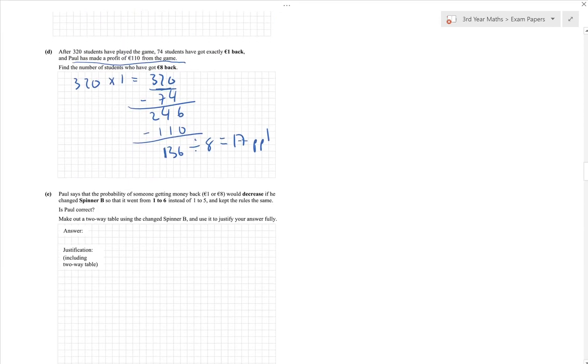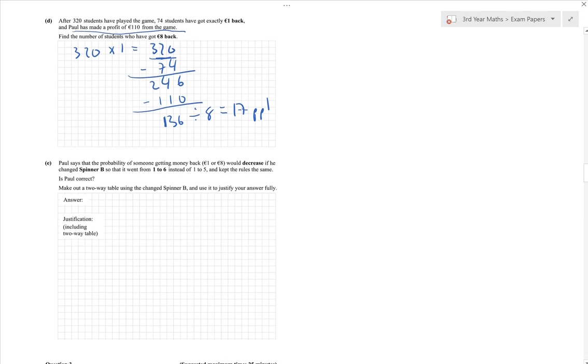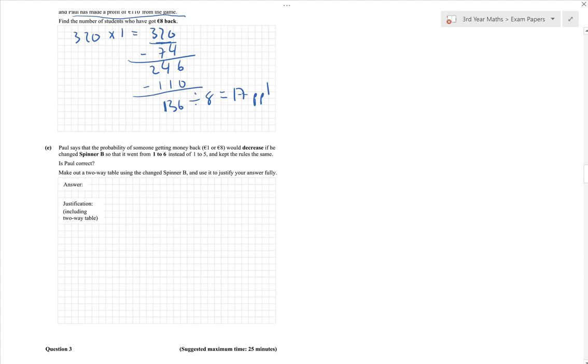Part E, Paul says that the probability of someone getting money back, so either a €1 or €8, would decrease if you changed spinner B so that it went from 1 to 6 instead of 1 to 5 and kept the same rules. Is Paul correct? Okay. So the easiest way of figuring this out is by doing a two-way table, and the question suggests that, saying include a two-way table. Okay, so we're going to change it, and we're going to look at spinner B here at the top,